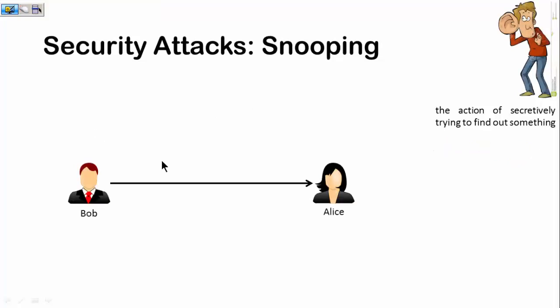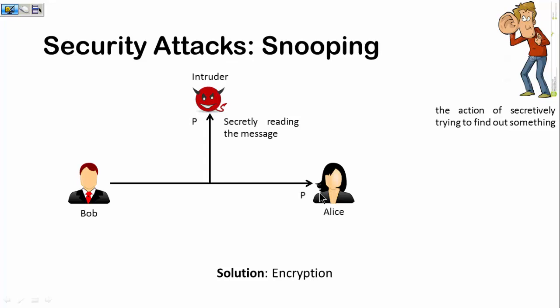So there are two entities, Bob and Alice, and there is an entity that is the intruder or the hacker. So Bob and Alice are communicating and sharing certain kinds of information among them, and that information is represented by P. The intruder is listening to the transmission line in order to get whatever information is being exchanged between Bob and Alice. So when this plain text has been sent to Alice, the intruder listens to the plain text, and since the intruder is simply listening, it is getting the information.